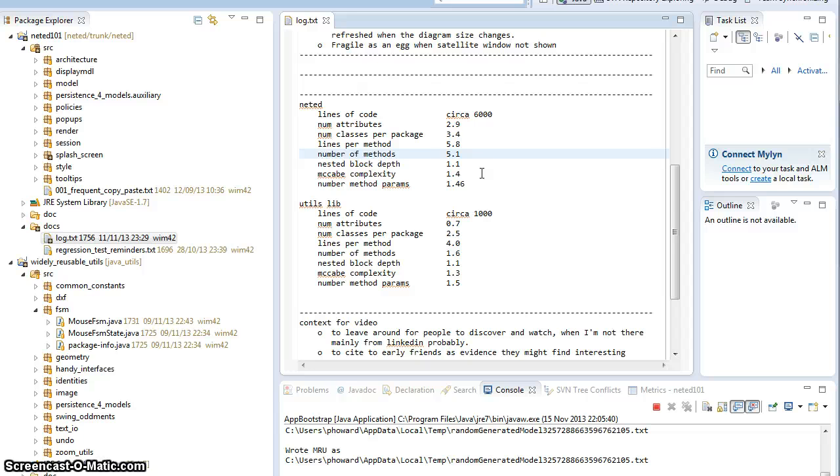Anyway, on a more serious basis, you can get for free plugin packages for development environments. I've used one called Metrics in Eclipse here, and these are some of the things it can calculate automatically from your code. We do have lines of code, but that's not as a measure of excellence. That's just so you know how much code we're talking about. In this particular case, the code you've been looking at, there's 6,000 lines in the application and 1,000 lines in the utilities. And these are averages, so the average number of attributes in all the classes